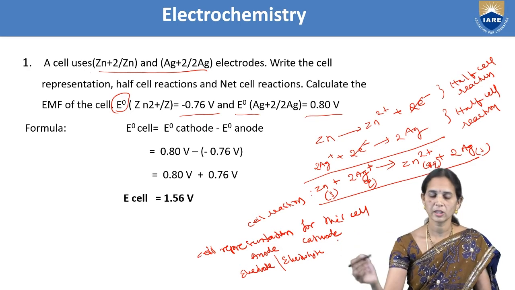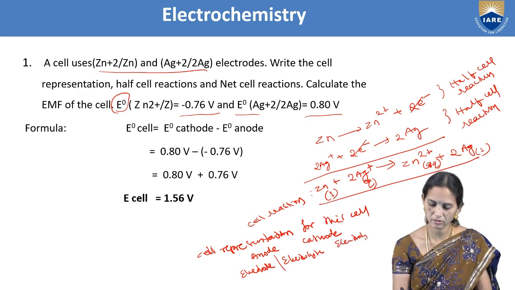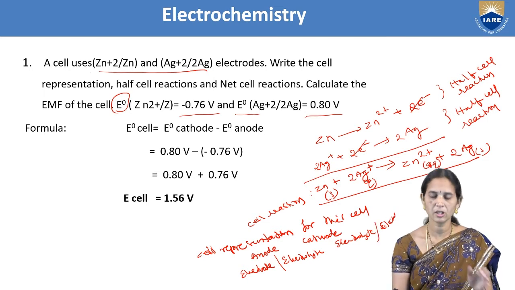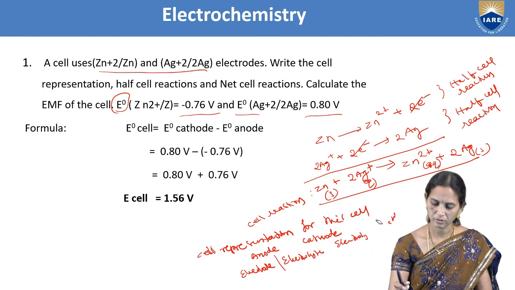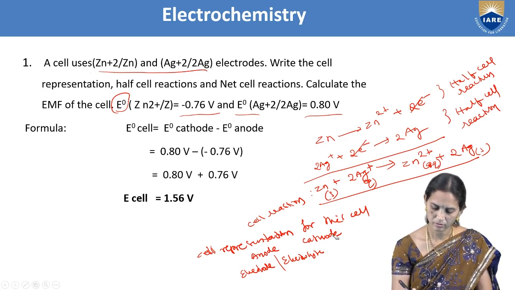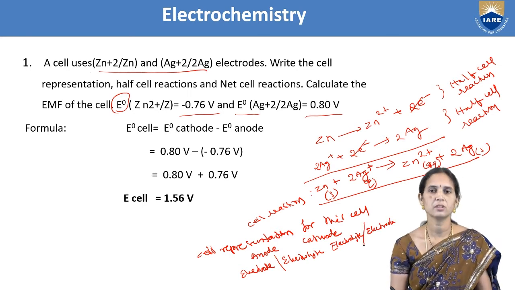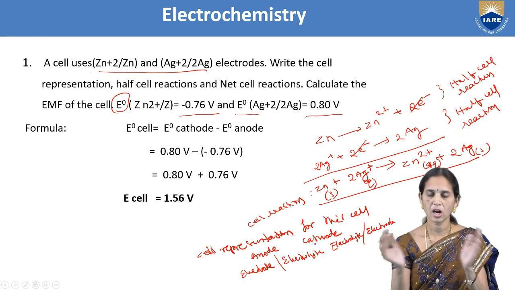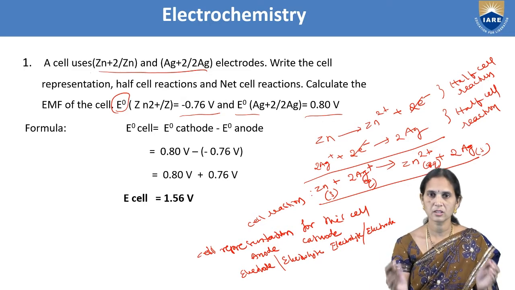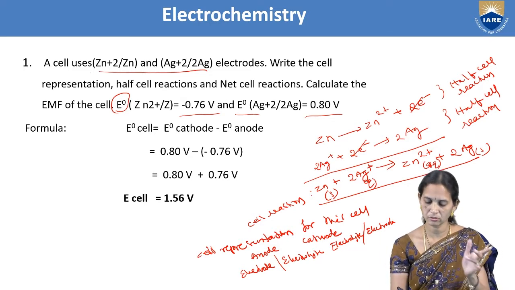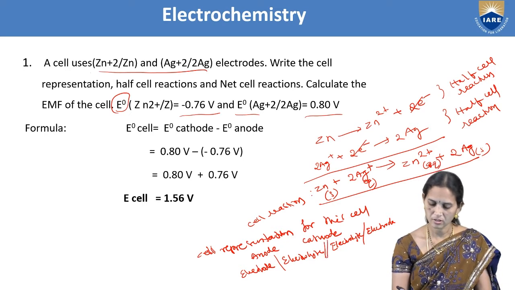Then for the cathode on the right hand side, we write the electrolyte, then the electrode, separated with a slash. These two half cells, with their two electrolytic solutions, are combined with a salt bridge.